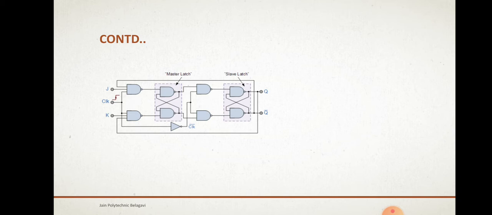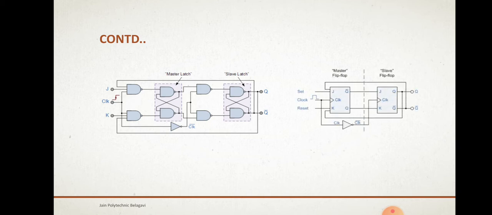The circuit accepts input data when the clock signal is high and passes the data to the output on the falling edge of the clock signal. In other words, the master slave flip flop or master slave JK flip flop is a synchronous device as it only passes the data with the timing of the clock signal. You can observe here the circuit diagrams, master and slave. JK will be there, and their clock will be inverted. For the slave, suppose you are providing 1 to the master clock, then here you will get 0 at the slave.